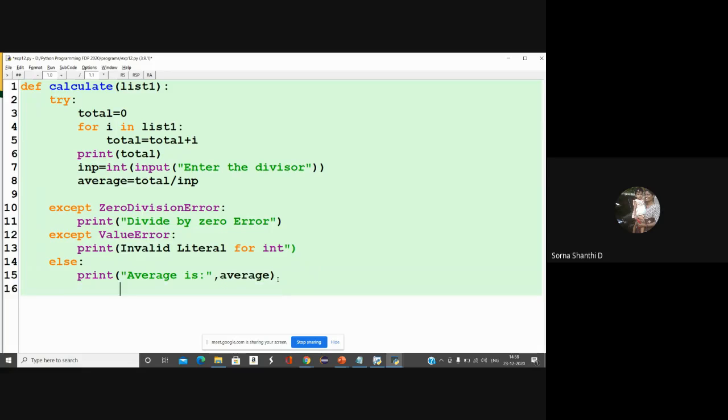Suppose you want a statement which has to get executed if an exception takes place, or if an exception is not going to take place, you want a statement to get executed. If that's going to be the case, I can put print